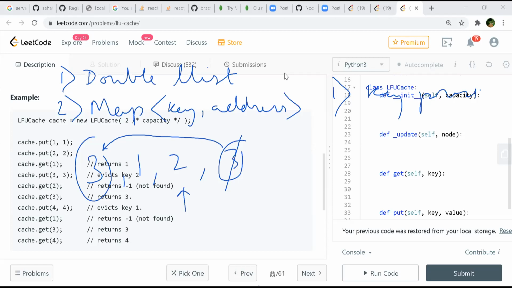Yeah. For the put part, if we already have a key present, we can go to the address, look at that address, and update it and put it. But if we have something fresh to add, we have two cases: it is new anyway, but second is whether our capacity exceeds or it's under capacity.